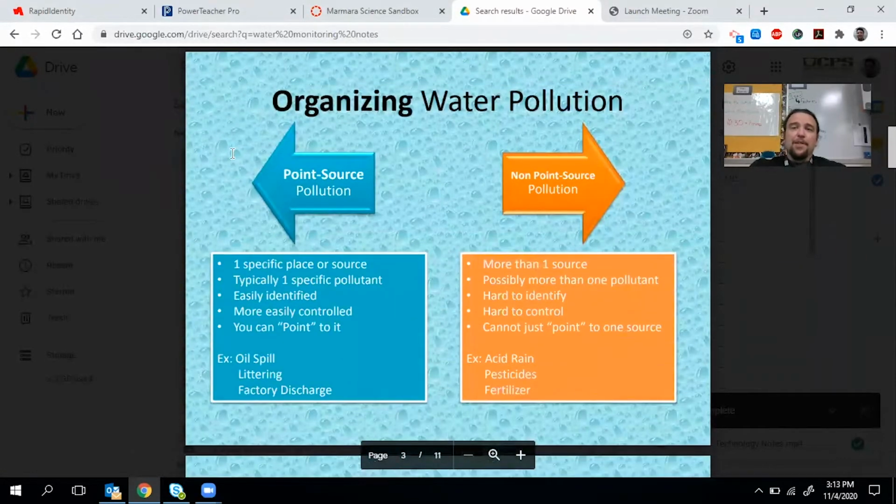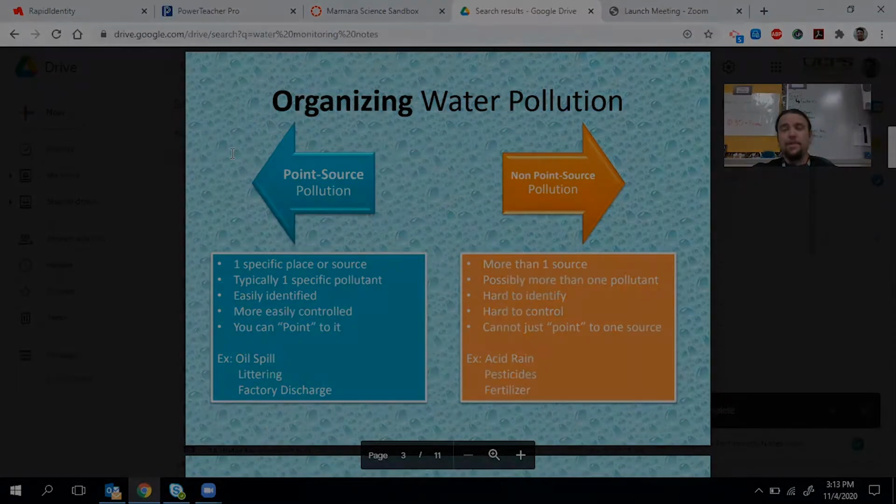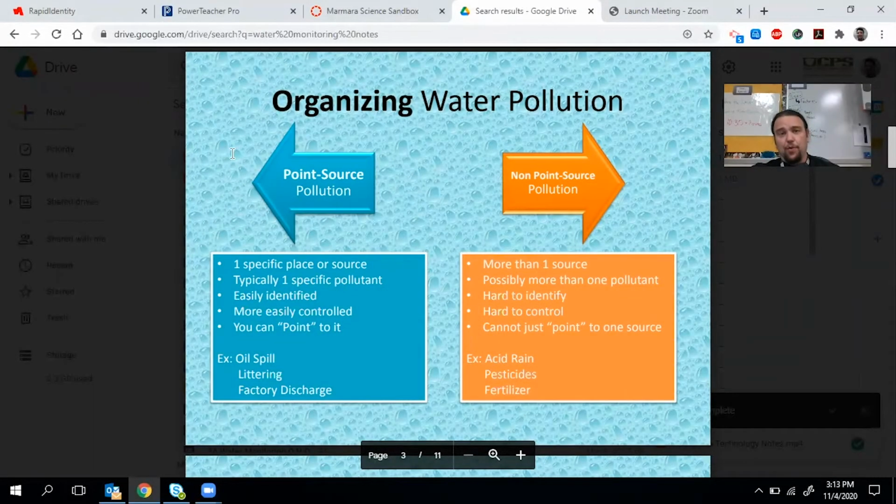So the first thing that we want to talk about when we talk about water quality and having pure, clean drinking water is something called pollution. We definitely want to limit the amount of pollution that goes into our water sources. The first is called point source pollution. And basically what that is talking about are sources of pollution that you can easily identify. So we say point source pollution. Think of it as being able to point at a source and say, that is where water pollution is coming